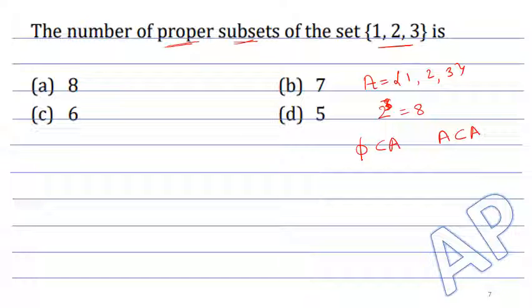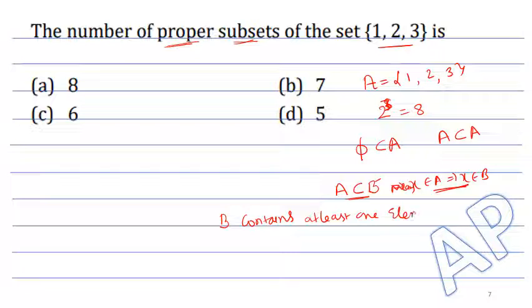ಸೊ ಇದರಲ್ಲಿ ಡೆಫಿನೇಷನ್ ಏನಪ್ಪಾ ಅಂದರೆ ಪ್ರಾಪರ್ ಸಬ್ಸೆಟ್ಗೆ ಈಗ A is a subset of B ಅಂದರೆ ನಮ್ಗೆ ಗೊತ್ತು x belongs to A implies x belongs to B. ಅಂದ್ರೆ x A ನಲ್ಲಿದೆ ಅಂತ ಅಂದ್ರೆ x B ನಲ್ಲಿದೆ ಅಂತ ಆದಾಗ A is a subset of B ಅಂತ ಹೇಳ್ತೀವಿ. ಫಸ್ಟ್ A ಅನ್ನೋದು subset of B ಆಗಿರಬೇಕು. ಆಮೇಲೆ B contains at least one element which is not in A. ಅಂದ್ರೆ B ನಲ್ಲಿ ಒಂದು ಎಲಿಮೆಂಟ್ ಇರಬೇಕು ಅದು A ನಲ್ಲಿ ಇರಬಾರ್ದು ಆ ತರ ಇದ್ರೆ ನಾವು ಕರಿತೀವಿ